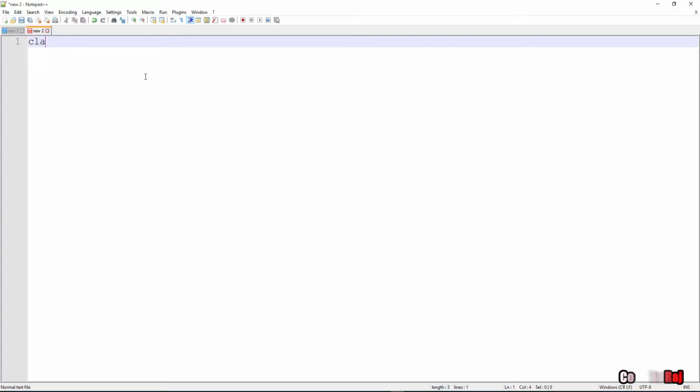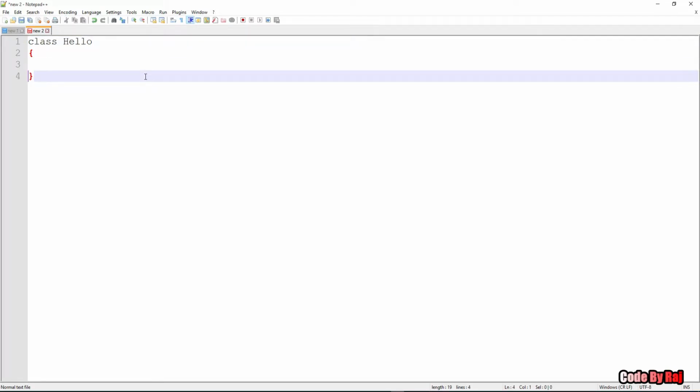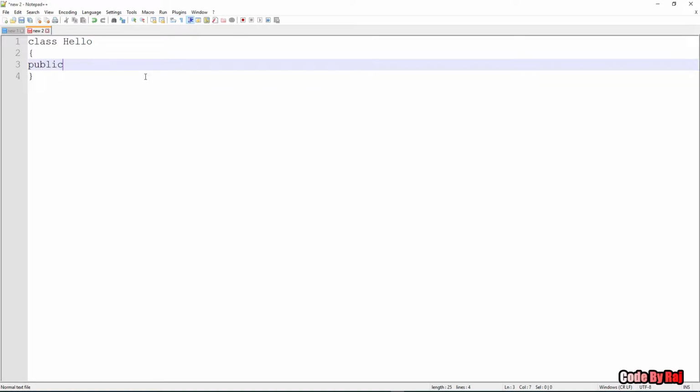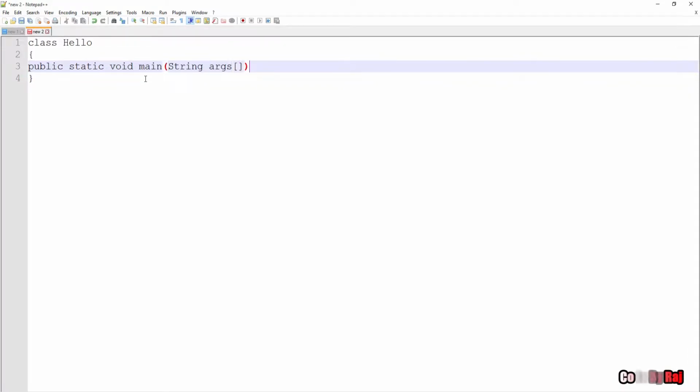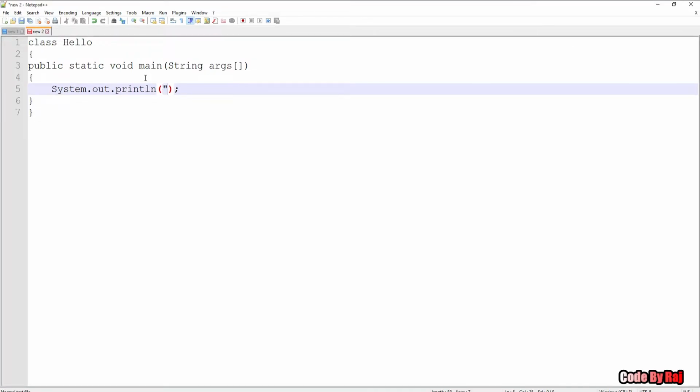you have to give the class, then the class name, and this time I'm giving the class name Hello, then open curly brace, then you have to write something here like public static void main. So let me type it: public static void main String args, and open curly brace again. Then remember System.out.println, and I'm writing here Hello World, bracket close inside double quotes, and semicolon means closing